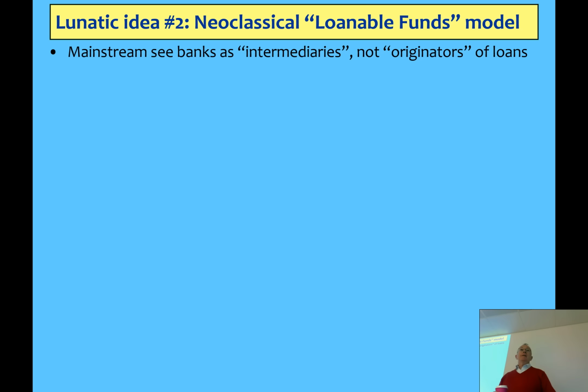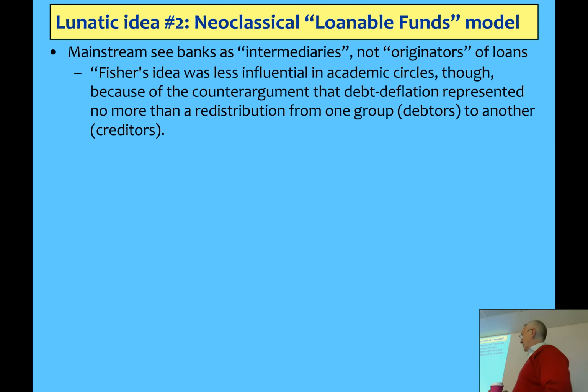They came up with the argument that banks are just intermediaries, very much an American tradition coming out of James Tobin initially. But now you get people like Bernanke and Krugman and co who have been raised in this tradition, and it really is a case of wearing a set of blinkers. They can't see any other way, and I want to take the blinkers off today. This is Ben Bernanke's Essays on the Great Depression, which I reckon is one of the great comedy books of the 20th century,